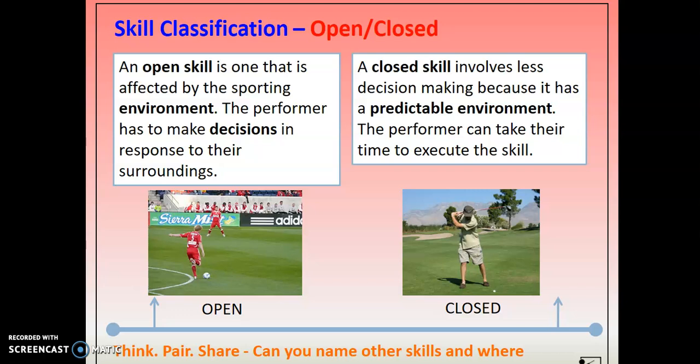Some skills might have similar explanations as to why they're open or closed or simple and complex. That is okay, but it is important that you do it that way. It's important that you give that explanation, because it demonstrates to me that you have a wider understanding. And you might think, oh, it just sounds like common sense, Mrs. Kahoot. You need to imagine that, as you're writing this draft piece of coursework, which is the task in your fact book to complete,